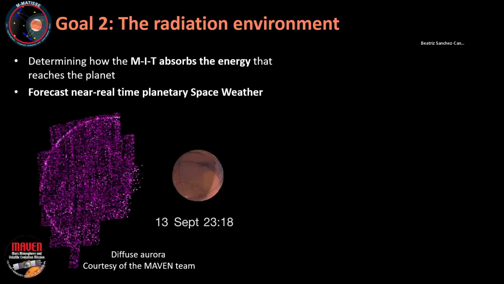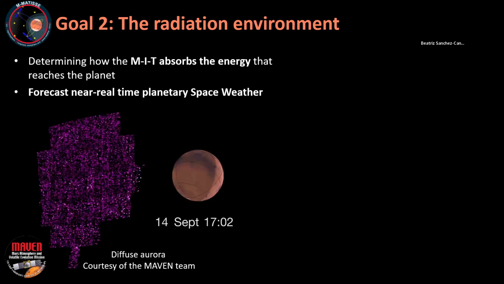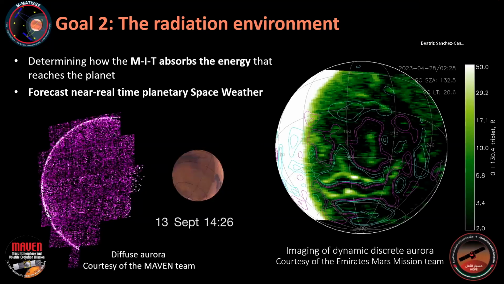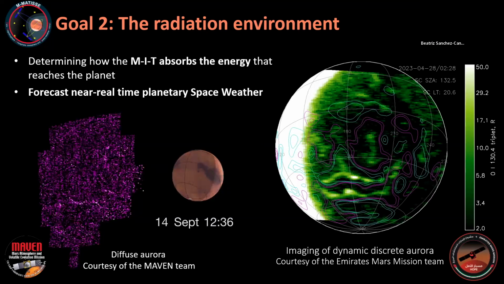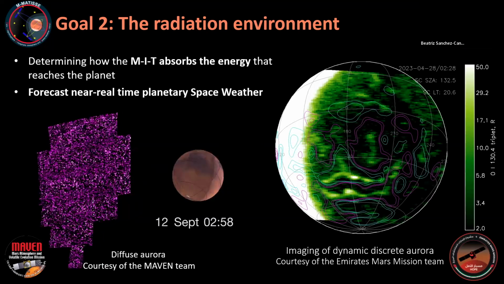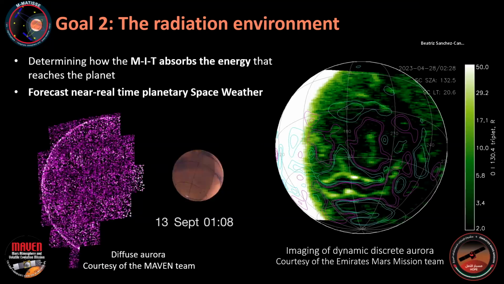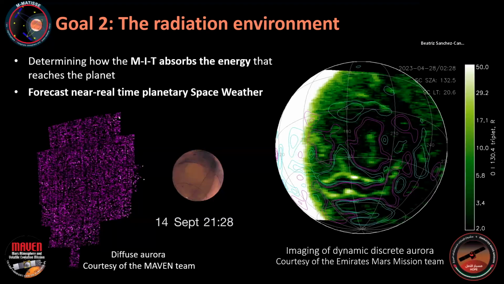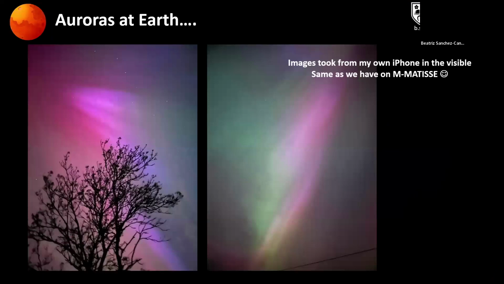But recently we have the Emirates mission at Mars, and we can get more refined observations of what happens. I'm going to show you this in a bit. You can see that the structure of these aurora emissions is much more complex than we could imagine at the beginning. But before that,